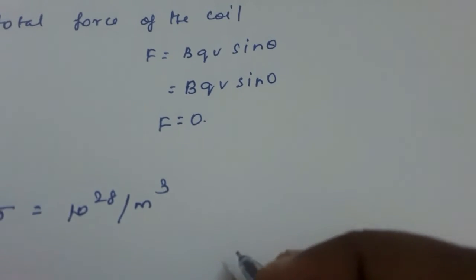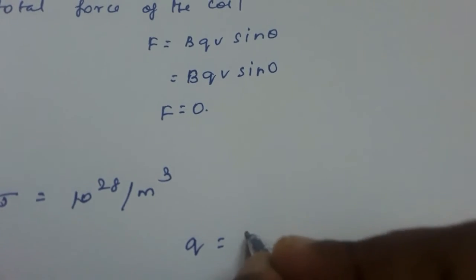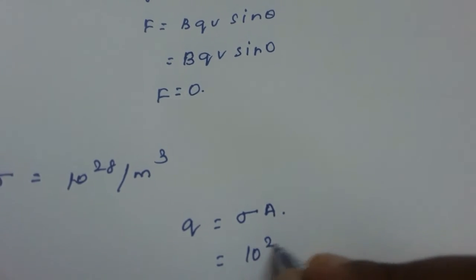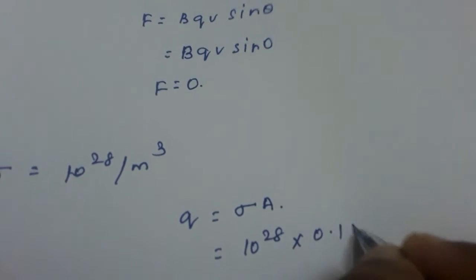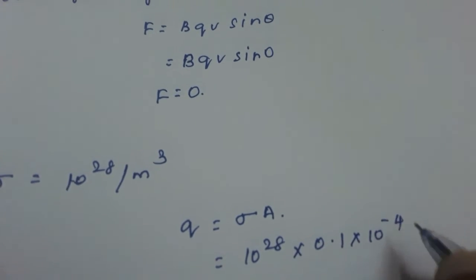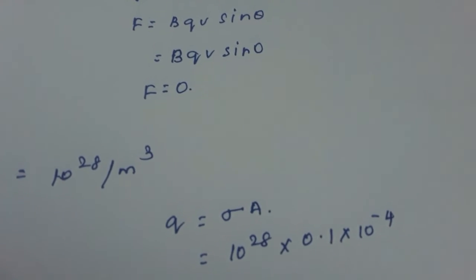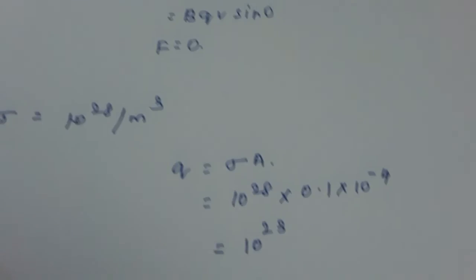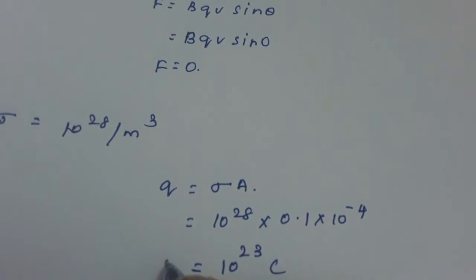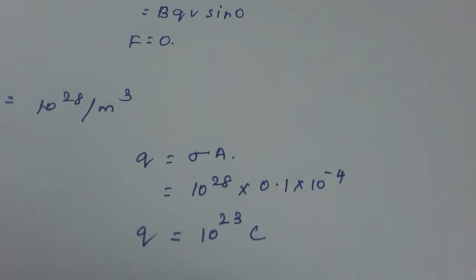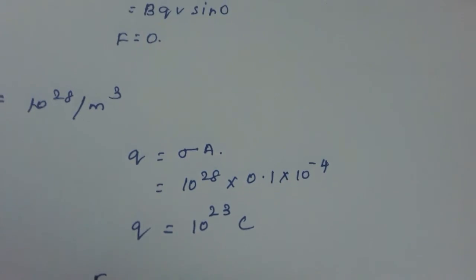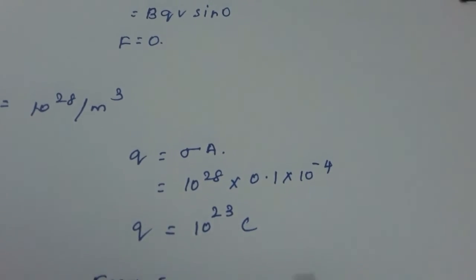Now you can find out the charge. So charge is equal to sigma into area. So it is 10 raised to 28 into 0.1 into 10 raised to minus 4. So what will you get here? You will get it as 10 raised to 23 coulomb. This is your charge. Now what is the force? Force is equal to